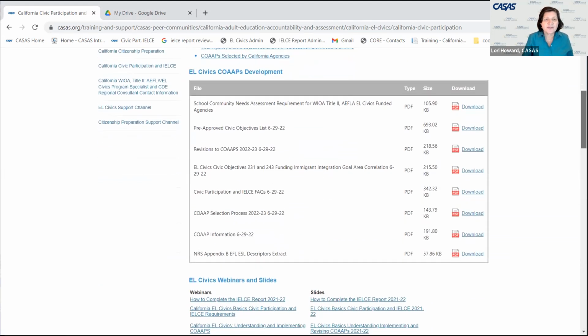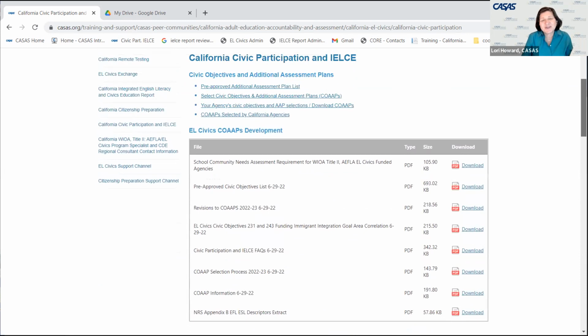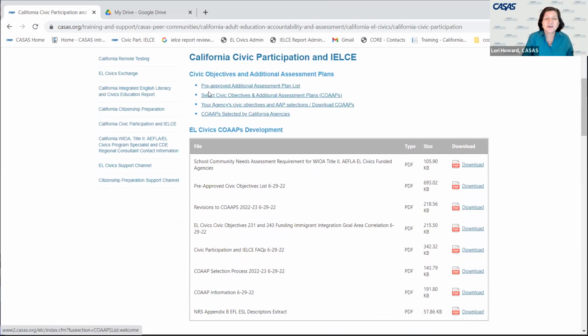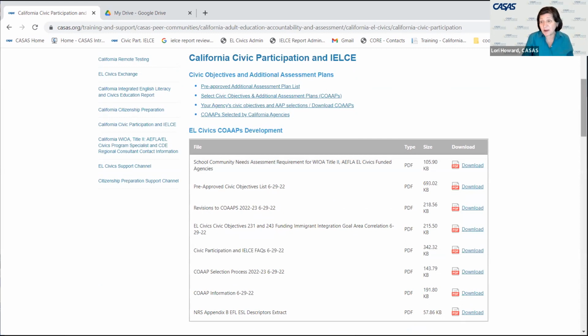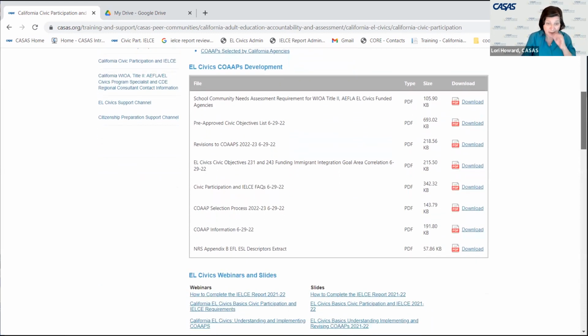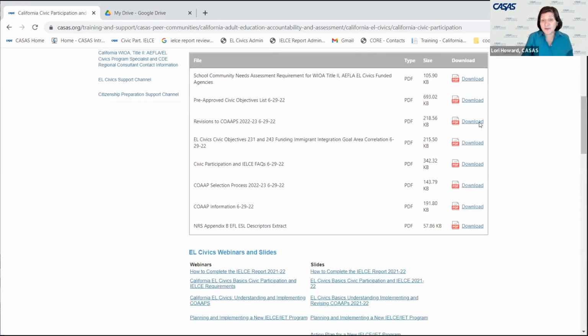It's right here. So let me just give you a little tour of the EL Civics website. These first four sections are the most important ones: your pre-approved additional assessment list, your selection process, what your agency has selected, and then what other agencies have selected. And then in this first section with a gray bar are a lot of documents that are really important to you. And the first one is the,